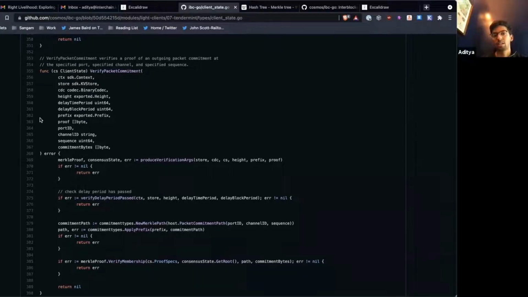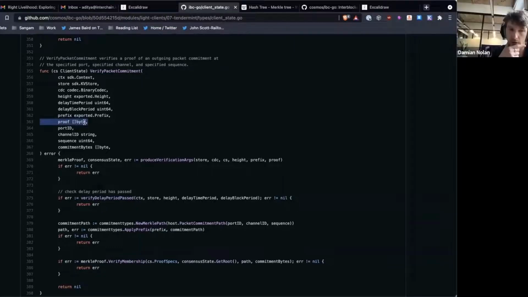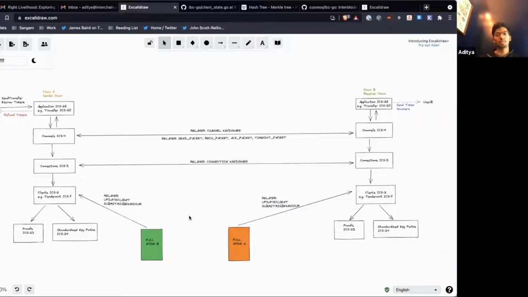That's passed in. The aunts and uncles of the tree are passed in by the relayer. Okay. Yeah, the proof. And so if you look at the Scala draw here, when we send a packet, we